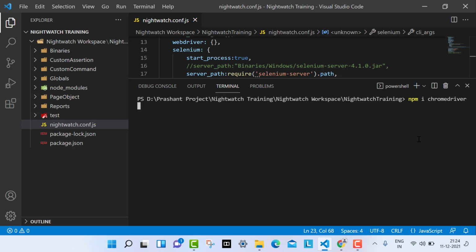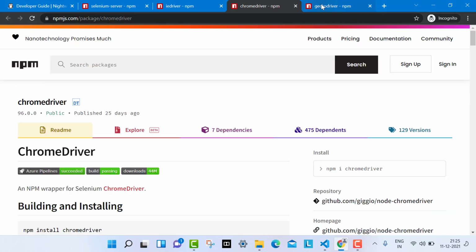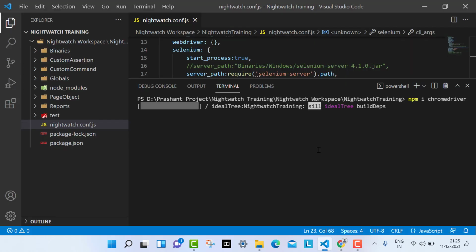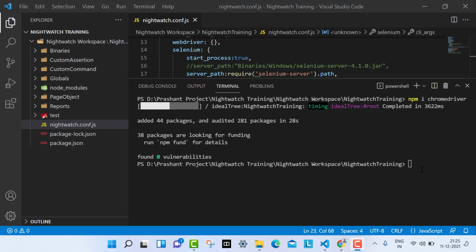Okay, so next I'm going to install the Chrome driver, and let me check if anything is left. Yeah, the Gecko driver is there. I can install the Gecko driver also in the same way. So let it first install the Chrome driver. Okay, so the Chrome driver is also installed successfully, and I'm going to install the Gecko driver.